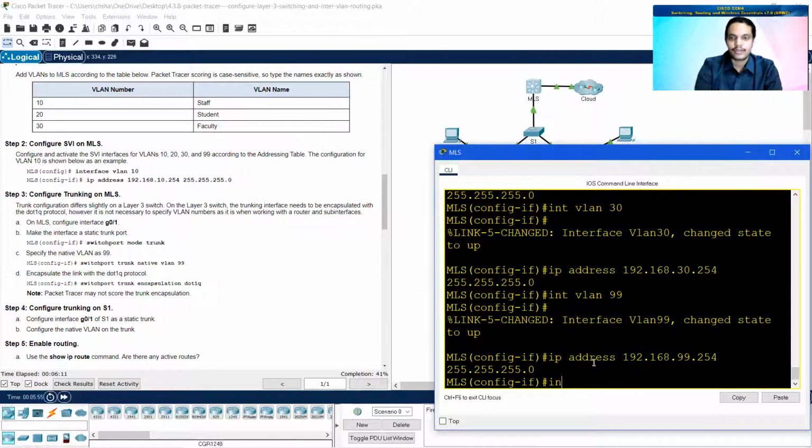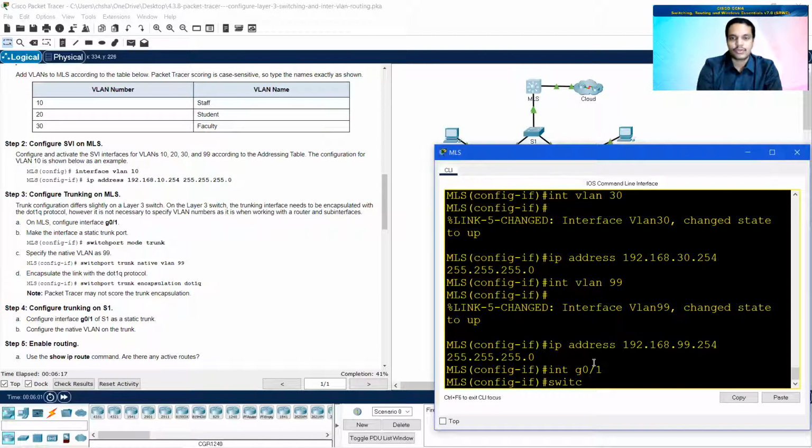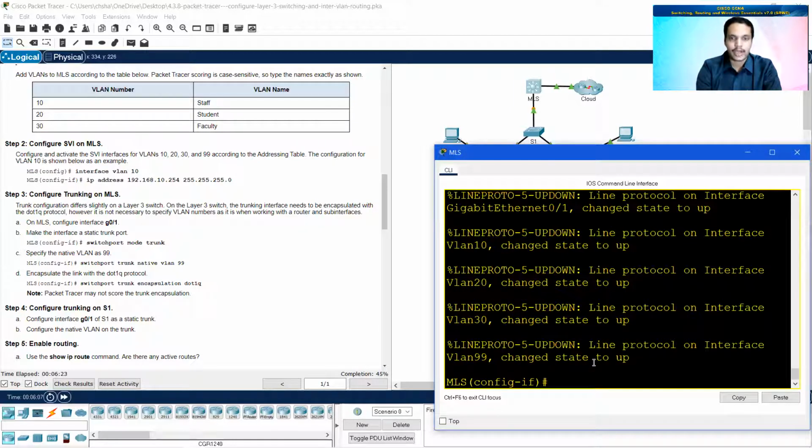So interface G0/1. These are the same commands that we used. Switchport mode trunk. I'm setting that particular port into a permanent trunking mode. Then it is asking me to specify the native VLAN as 99. So switchport trunk native VLAN 99.